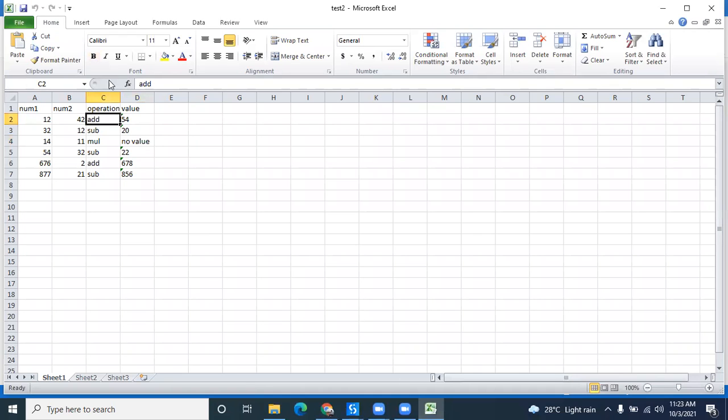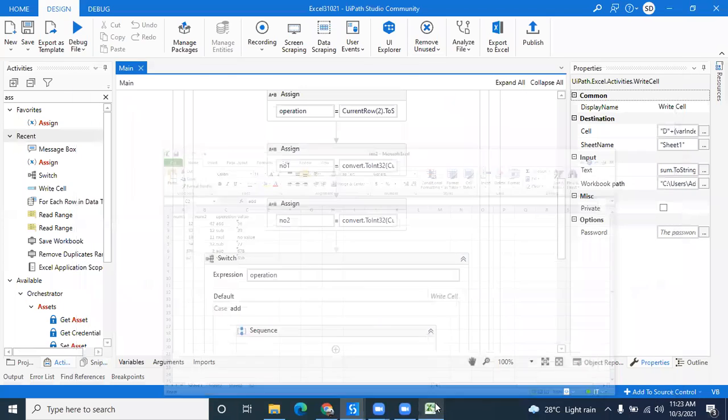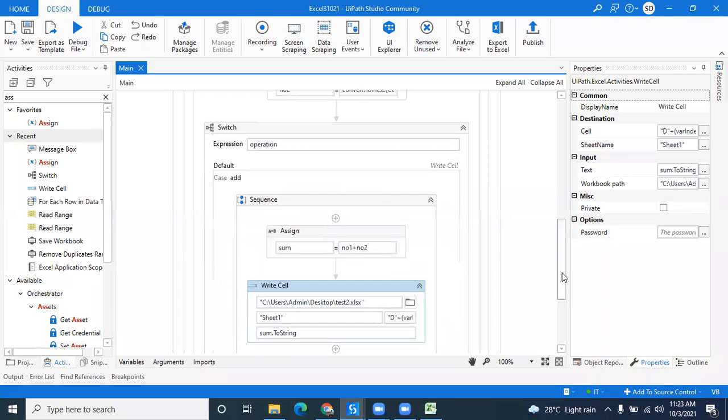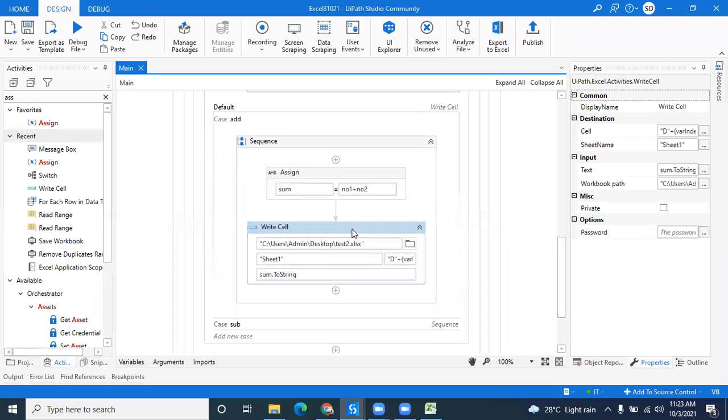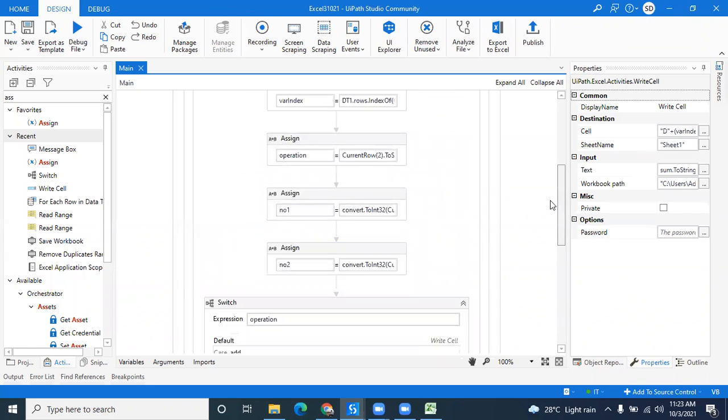If it is add, then it will go to the first block, the add block, do number 1 plus number 2 and store the value in sum. Then to write the value it will check where we should write. We should write in the D column. But in which cell? To write in a specific cell, we have already created the variable index, and we are passing the same value that was created initially.